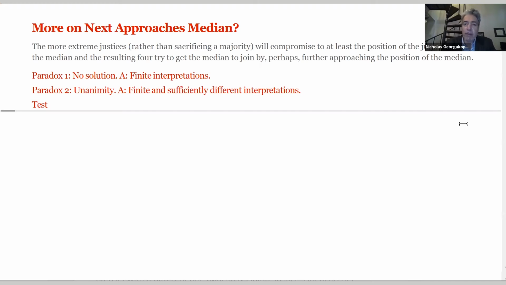A different way of thinking about this is that the judges determine which decisions they hear. This is an interesting feature of the American, the Anglo-American Supreme Courts. The court can dismiss summarily a petition and not hear the petition. So essentially the summary ruling is that the lower court's ruling stands. If the court decides to review a case, that's called granting a certiorari in the United States Supreme Court.